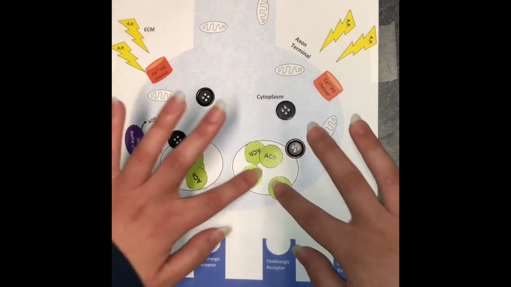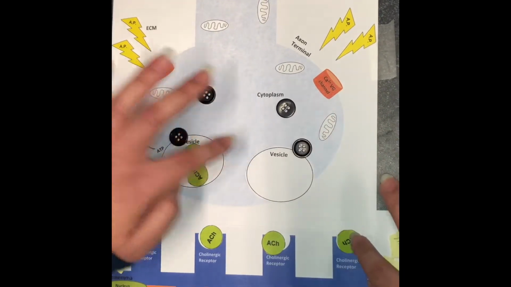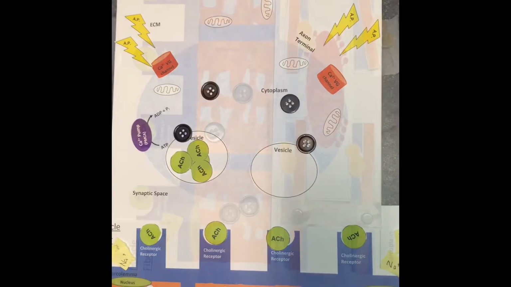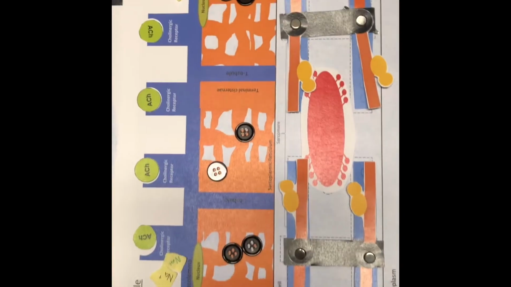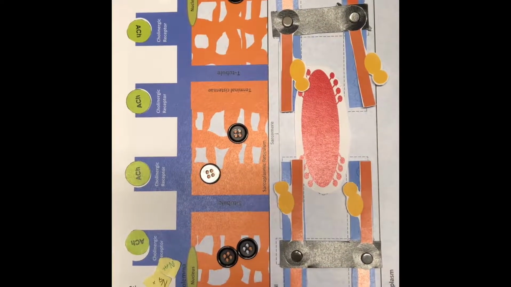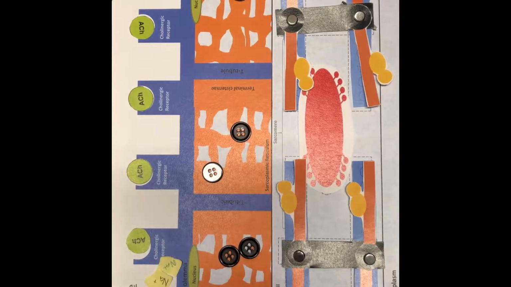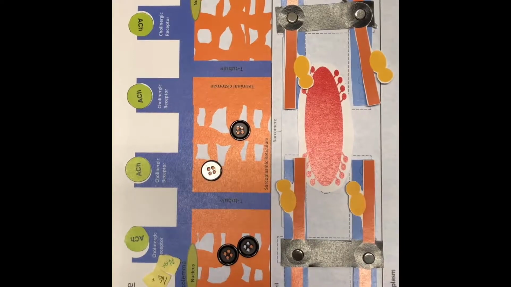The acetylcholine crosses the synaptic cleft to bind to the ligand-gated sodium channels on the sarcolemma. Step 2, excitation-contraction coupling. The acetylcholine is a ligand which opens the ligand-gated sodium channels, which allows sodium to enter and go into the